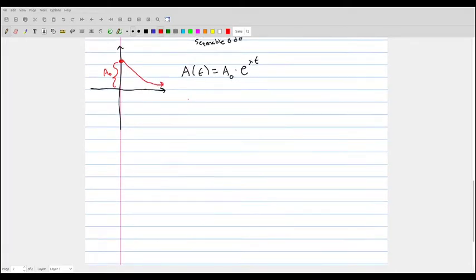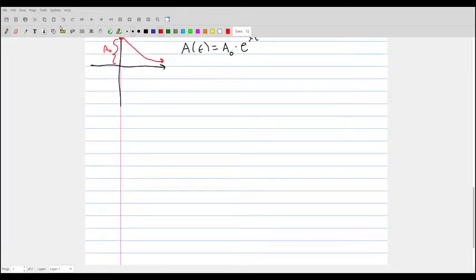Now the question is, typically when you're giving doses, you give multiple different doses on a fixed period of time. So we can ask the following question. We can say, well, what does the concentration look like